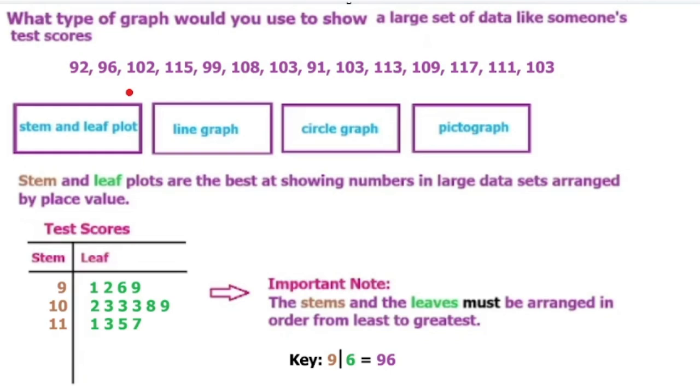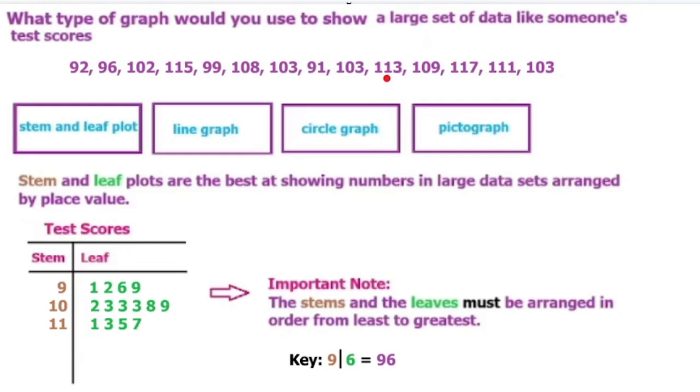So we could see that the numbers are divided up into the 90s, the hundreds, and the 110s, okay? So here we could have 9, 10, and 11,